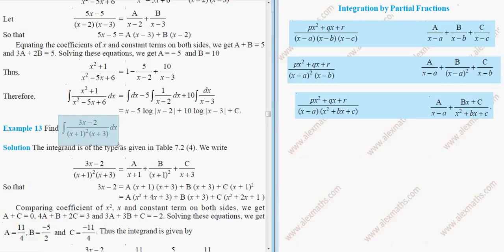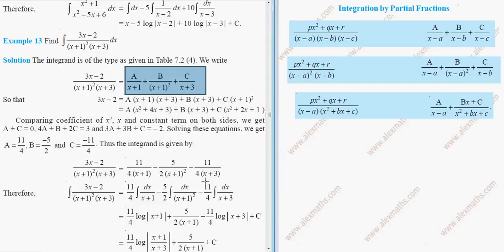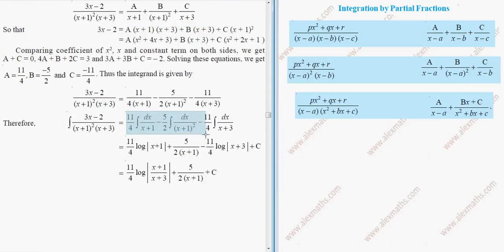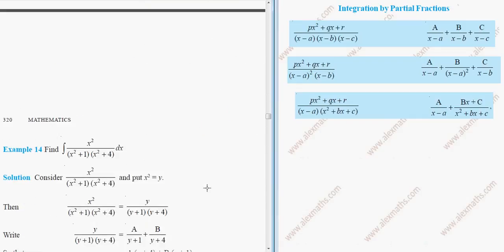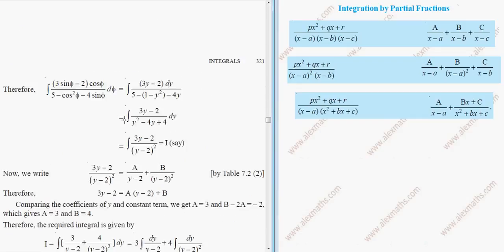Now see this one. This is a repeated factor. So apply the second rule. Take LCM, find a, b and c. After finding a, b and c, you will get something like this. The first term and the last term are log. The second term is 1 by x square, which is minus 1 by x. So it is a different formula. Substitute and we will get the answer. Then the third one is